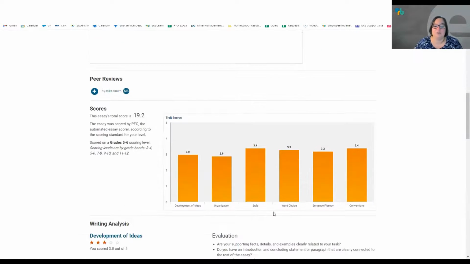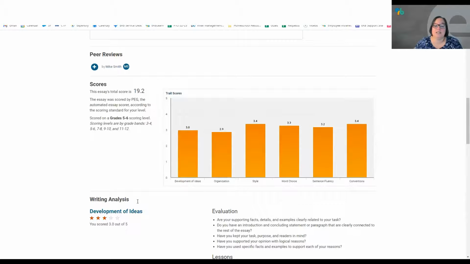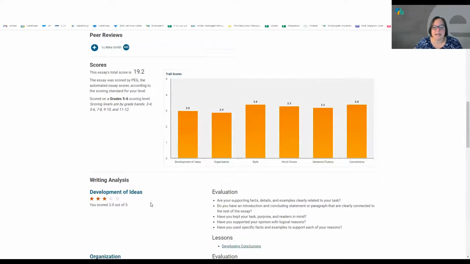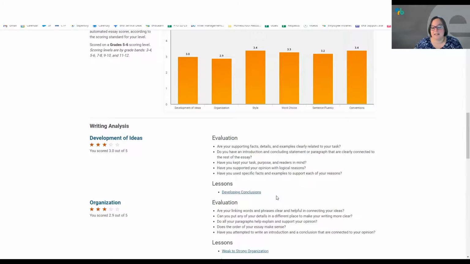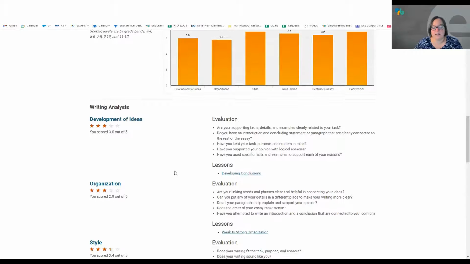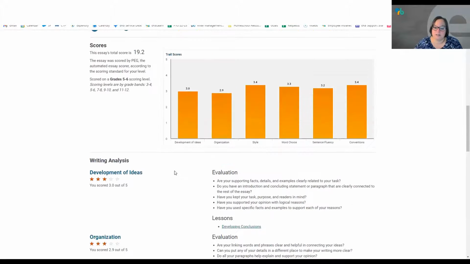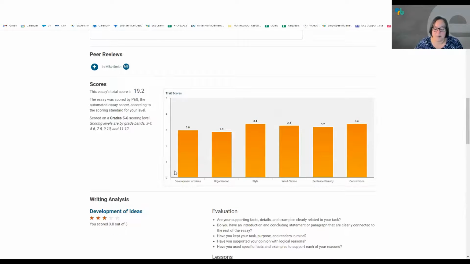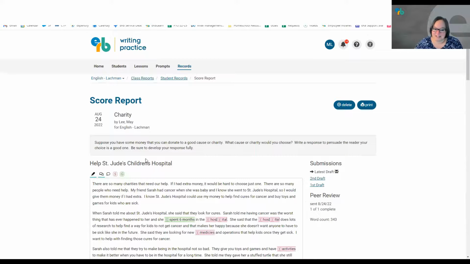And then if you scroll down again, you can see the student scores on this particular prompt and you can see the feedback and lessons that they were given. So you can get a sense of where students are if you're curious about how they've been using the program and the progress they have made. So that is one example of a record. Again, the student would have this same view if it were a more developed essay in their view, but this is what a teacher can see of a specific prompt.